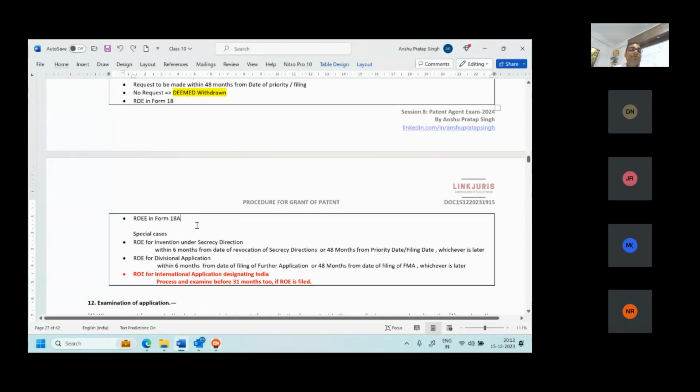Okay. Now comes request for expedited examination. Yes, this is a very important point which you have raised. There are various opinions circulating in the market with respect to the draft rule, that is, the public expressing their opinion on the draft rule, or giving you a concise summary of the draft rules. People will be posting some blogs and other things. Don't get confused with them because they are not yet part of the Patent Act and rules.